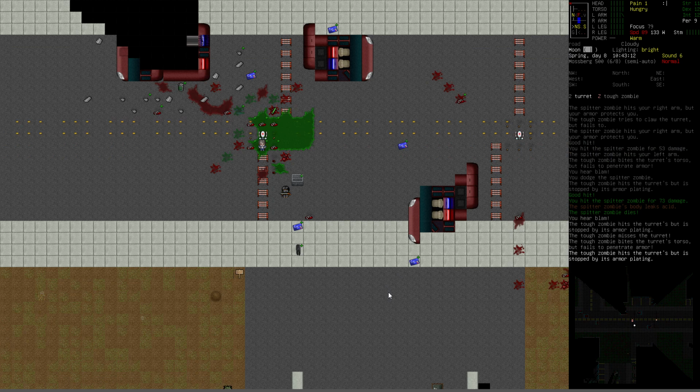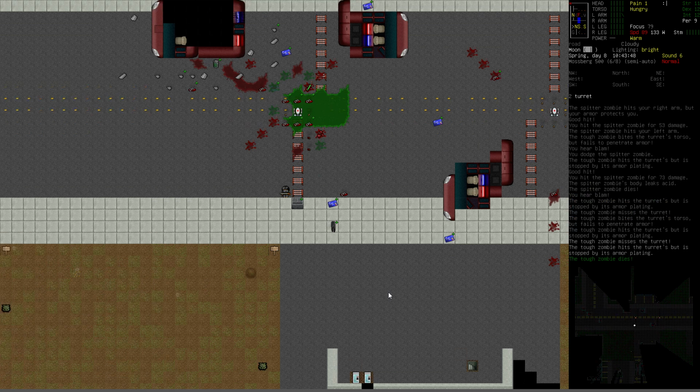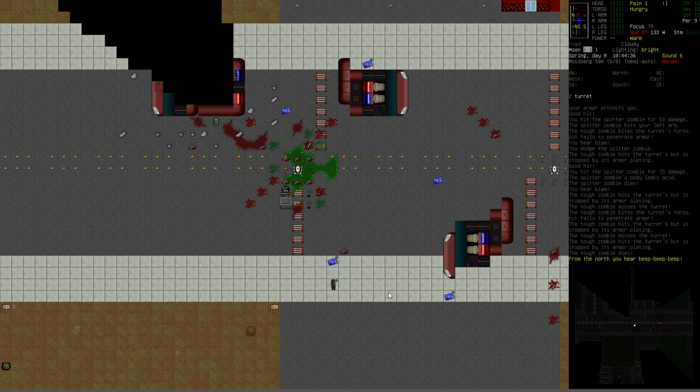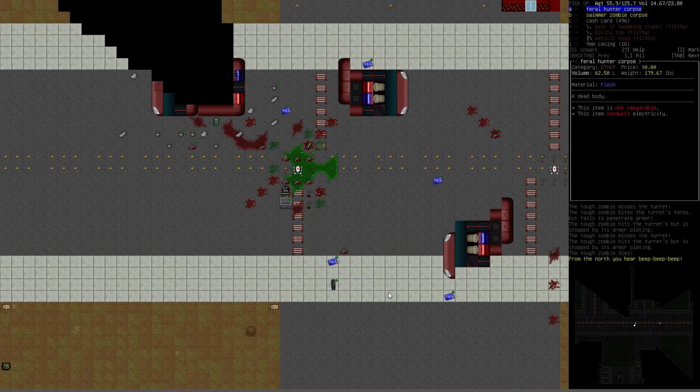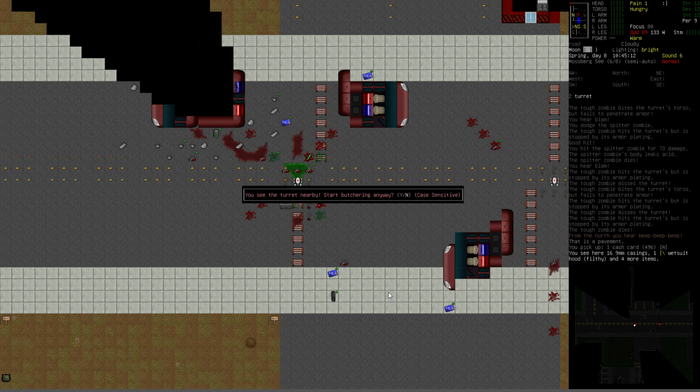Alright, let's be careful about this. I need to wait for that acid pool to disperse. Alright, and the tough zombie succumbed to the acid. We don't want to play in the acid, so... Feral hunter corpse, swimmer zombie corpse, cash card, and some casings. So we'll grab the cash card. I'm just going to hit 5 and let the pools of acid...